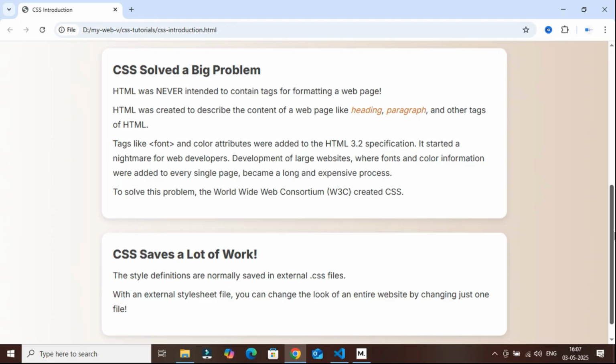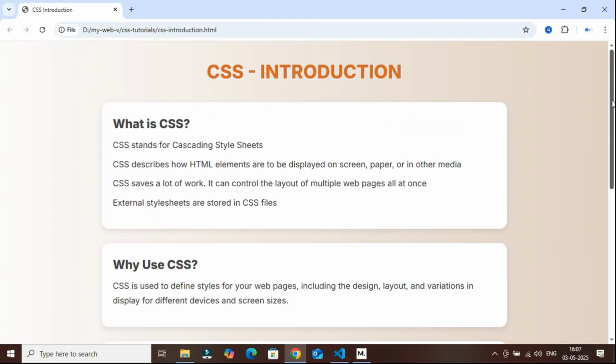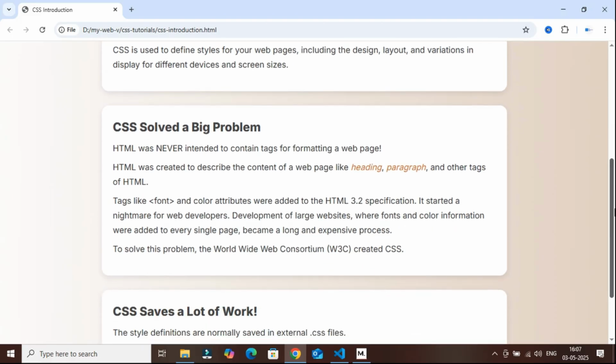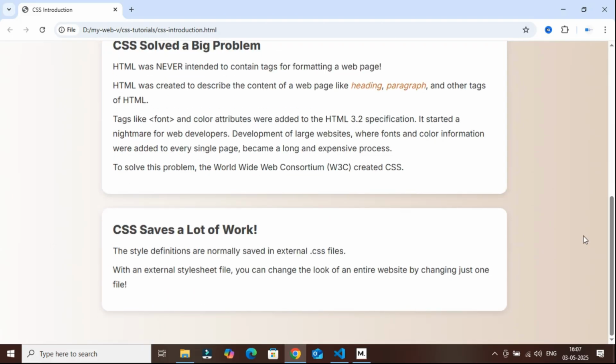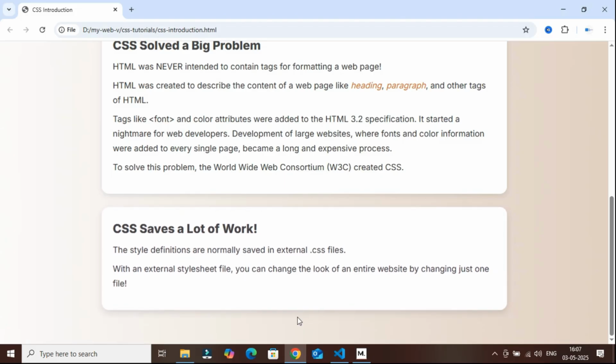Imagine updating font styles across hundreds of pages, manually. That's when the World Wide Web Consortium, or W3C, stepped in and introduced CSS, a powerful solution to separate content from presentation. One of the biggest strengths of CSS is its reusability. You write your style rules once, save them in an external .css file, and then link that file to as many HTML pages as you want.